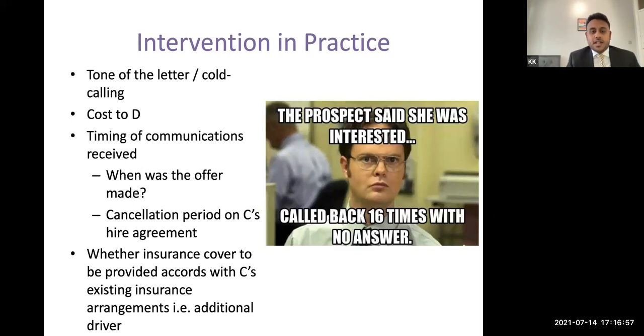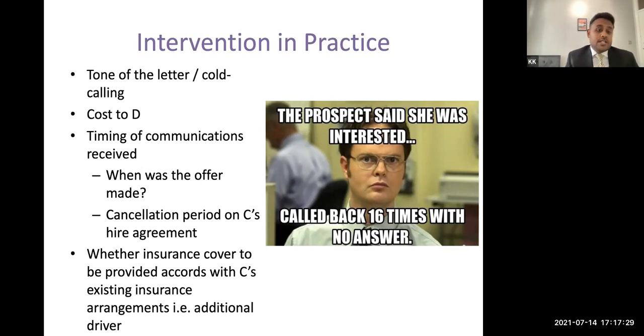Simply having a date on the letter is not proof of that. Often arguments are made by defendant counsel as to the court applying analogous application of deemed service of a particular letter or a particular document, but in my view, it's a weak argument. It doesn't work, and it may well be that defendant insurers can protect their position slightly more if, for example, when a letter is sent, if it is indeed sent by post, there is some sort of proof of postage